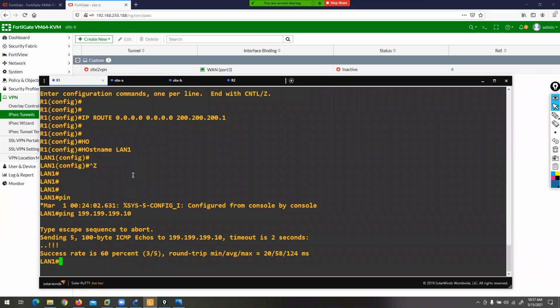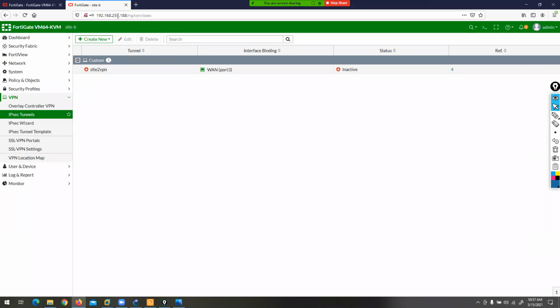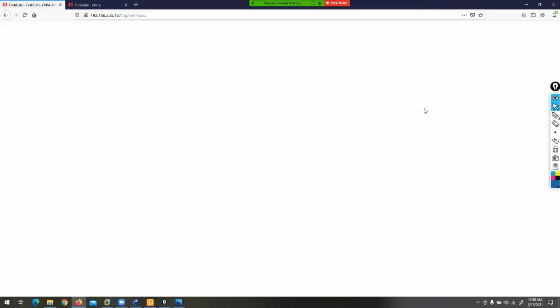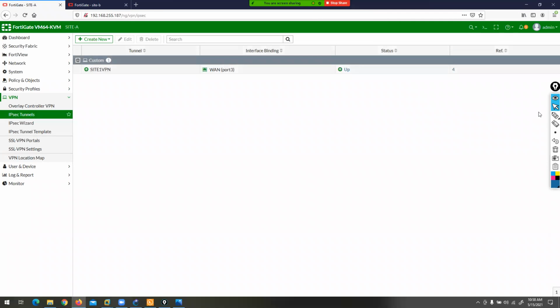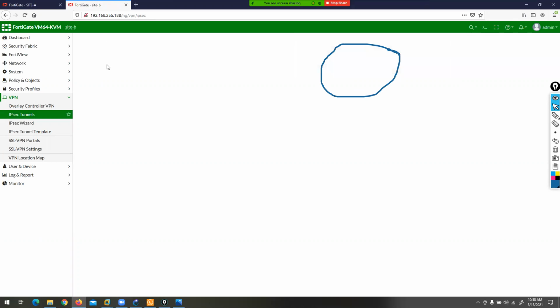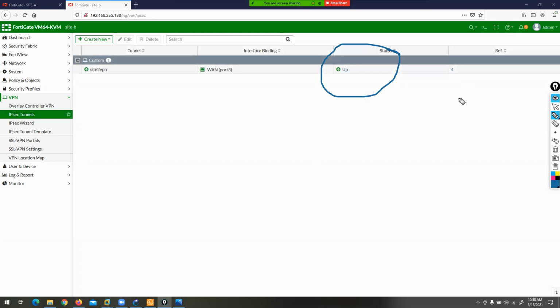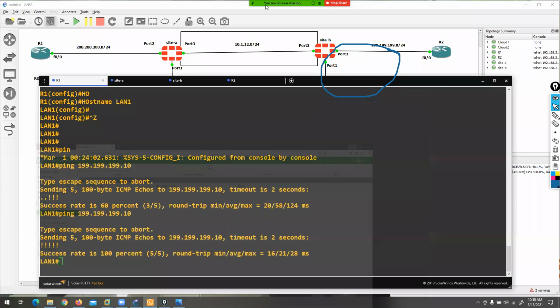See, I'm getting a reply. You can also verify here. You can refresh your page on both sides. See, the status of this tunnel is what? Up. Here, the status of this tunnel is also up.